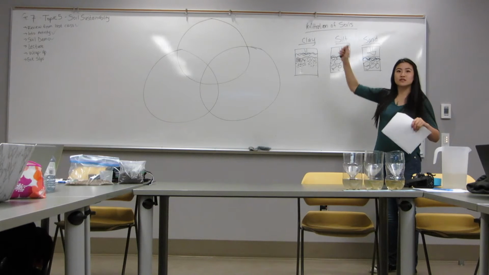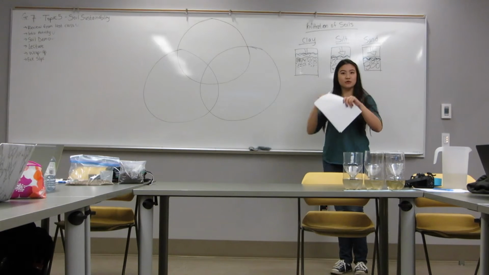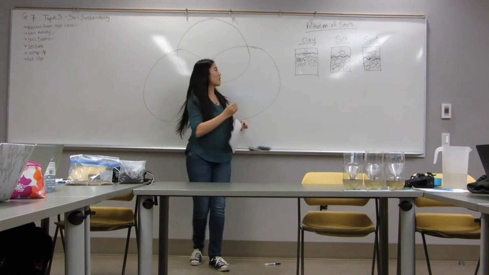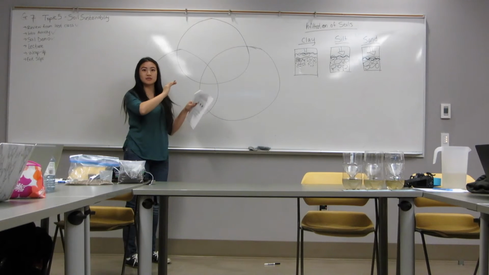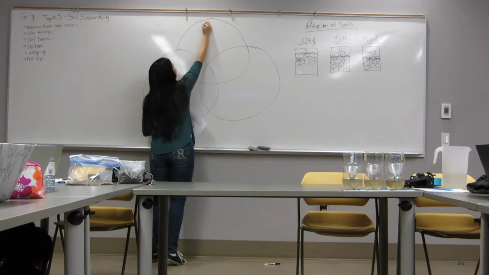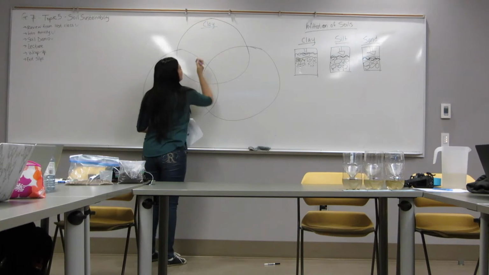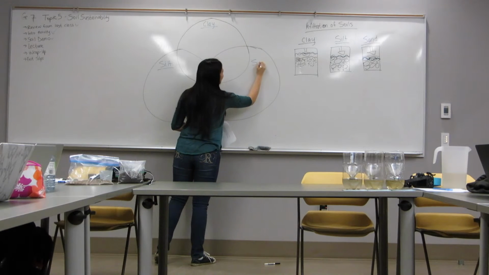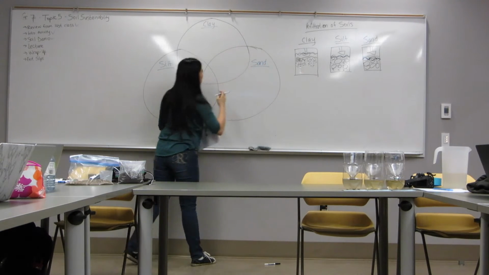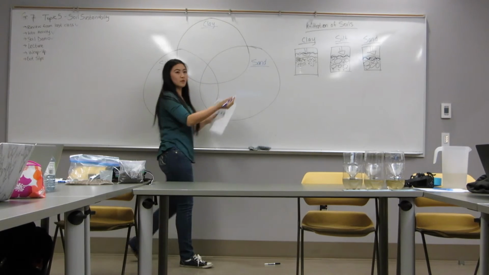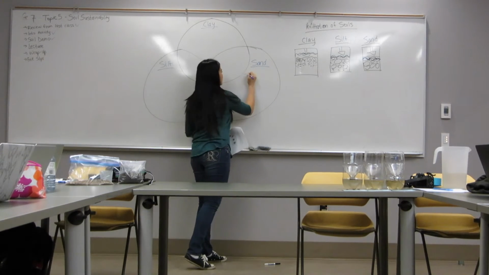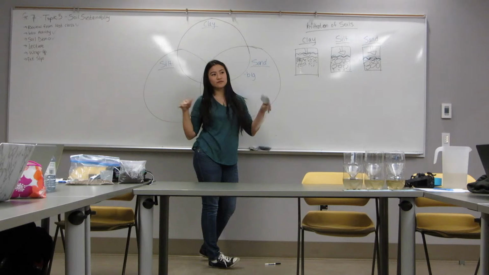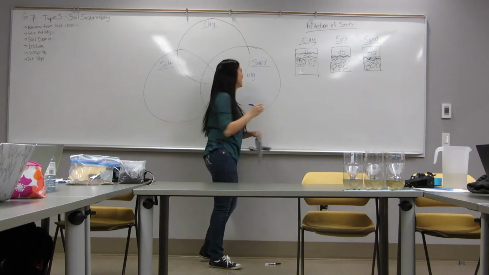Okay, so now we're going to go over to the Venn diagram. If you guys take out your Venn diagrams that I handed out to you earlier, we can fill it out together. We're just going to be comparing the three types of soils that we observed today. So one will be clay, and then there will be silt, and then the other one will be sand. Okay, so you guys mentioned for sand, it was big particles, right? So big particles, make sure to write this down, guys, so you can have sort of a reference for a test or something coming up, maybe.